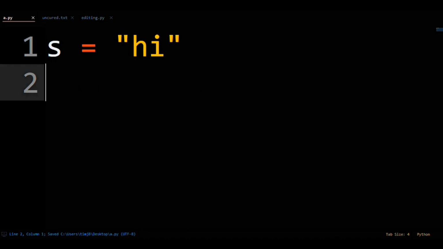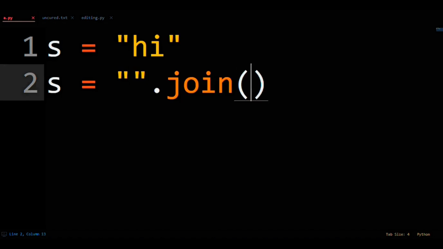There is another way to do this, but the functionality is a bit weird. If you do s = the empty string, dot join a list containing the original string and then the t you want to append onto it, you can be the judge of whatever